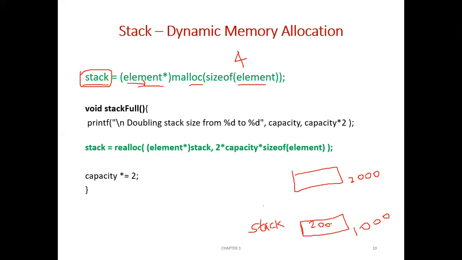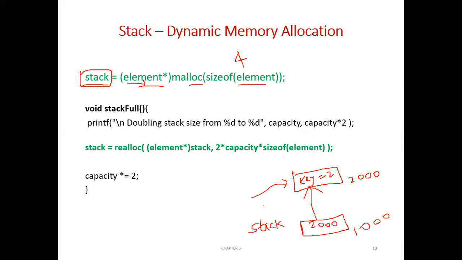Okay, it means that stack is pointing here. So this is your stack. Now the stack can hold only one element. Now if you perform a push, say something you are pushing here, each element has a key. So say we are pushing such that the key value is 2. Okay. Now the second time if you try to push, the stack is full.